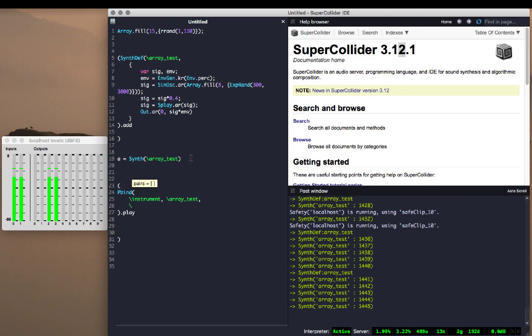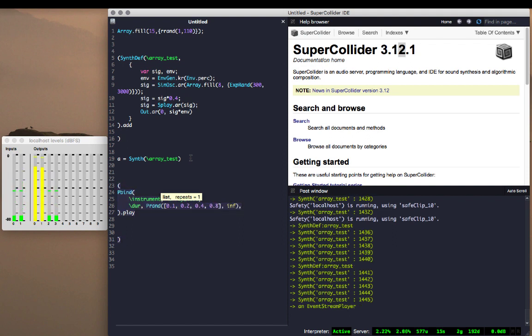I gave it some random duration, note duration, prand. So let's give it this, this, this, and this. Let's see what happens. And so you have your bell concert,